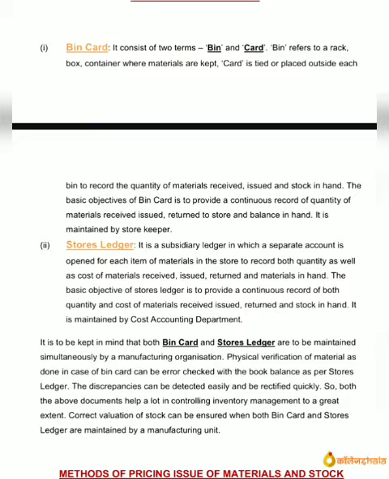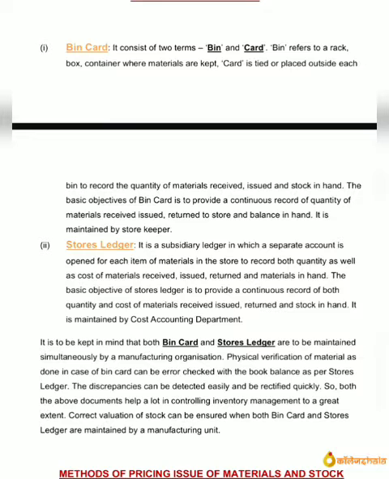Physical verification of material is done in case of the bin card and can be cross-checked with the book balance as per the stores ledger. So in case of the bin card, only physical materials are counted and recorded in the bin card,